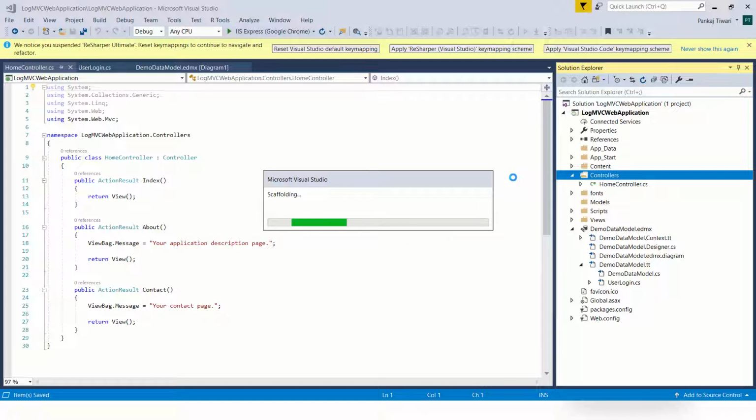It will take some time. After creating the controller, we need to add a login action method inside our newly created account controller, and then we need to add views.